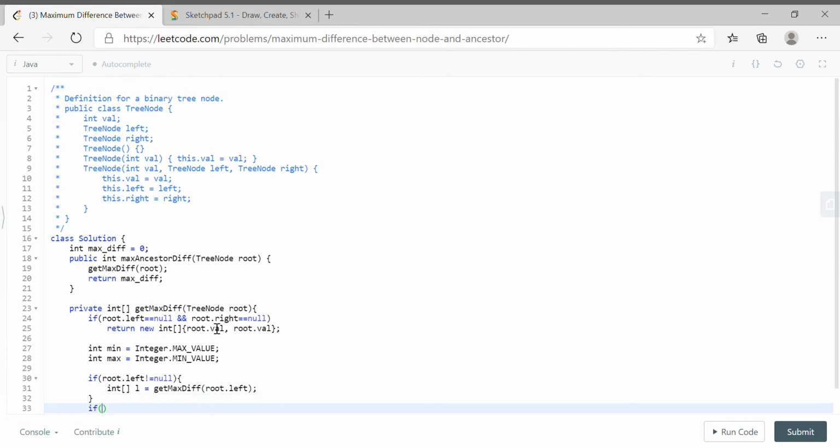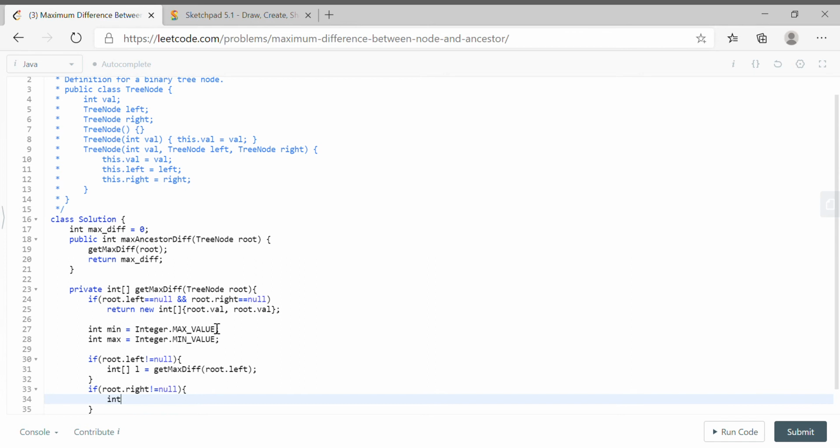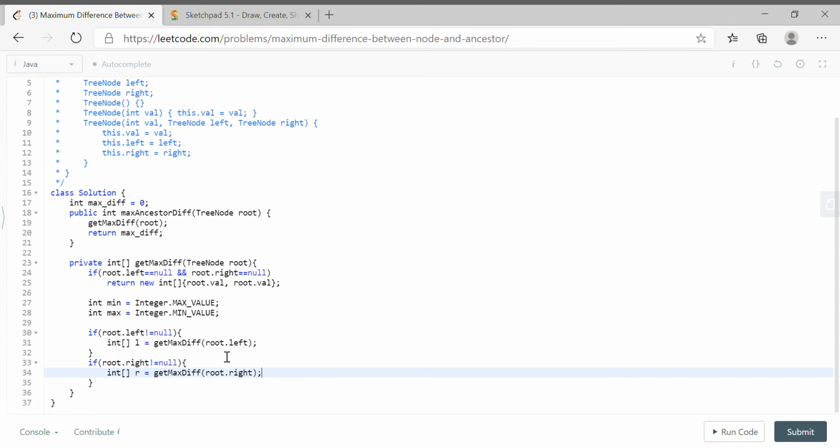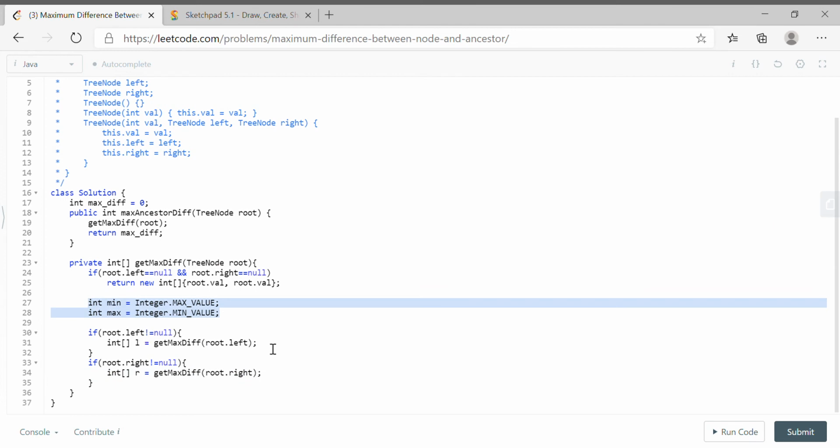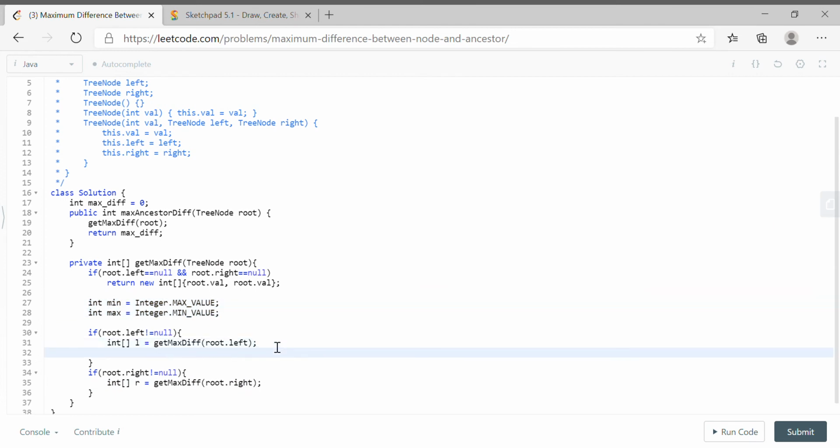If root.right not equal to null, here again we'll get getMaxDiff of root.right. Fine. But whatever value we get from the left, we need to update what is the min value and what is the max value.